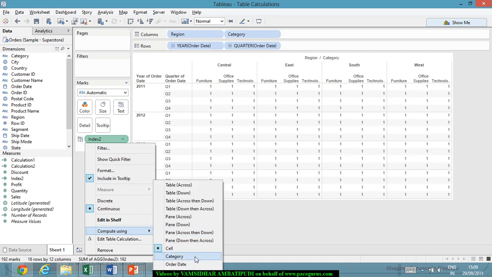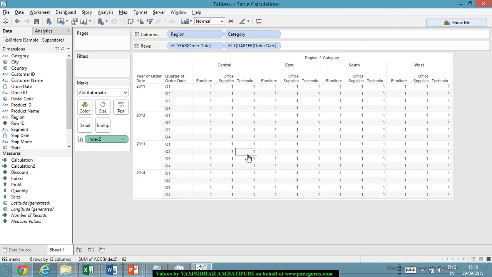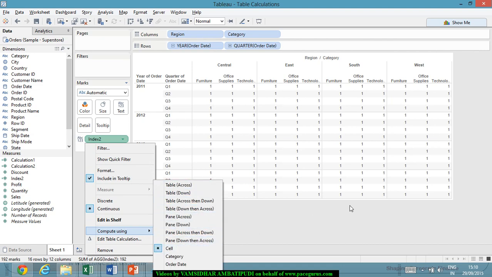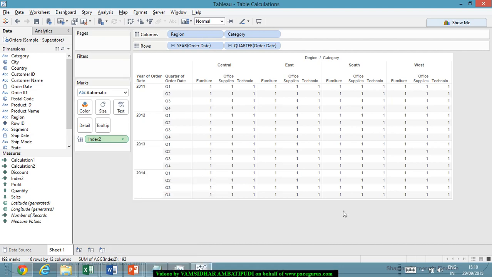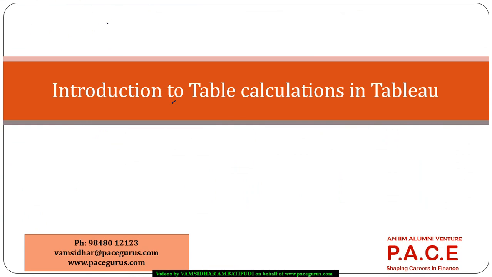Now there are other two things. One is the category, order date, region. So these are the things that come when we are bringing in the concepts of addressing and partitioning. Right? When we are talking only from the scope and direction perspective, you can just look at all these calculated compute using settings, and all these are really helping us do that. Now, when I come to addressing and partitioning,